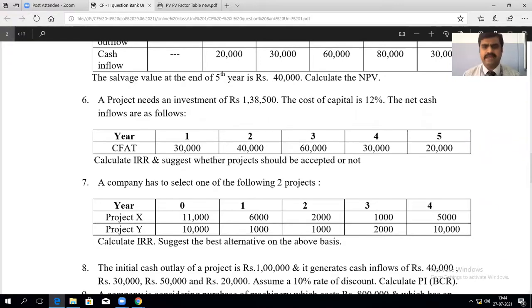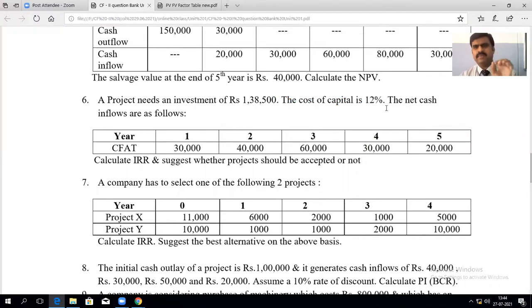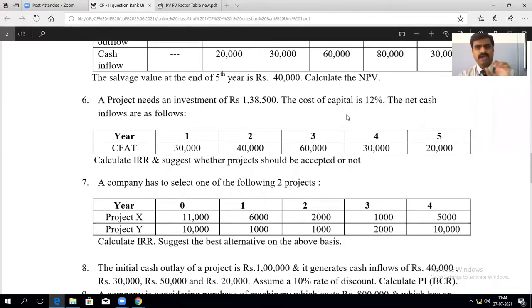So what is the decision rule for IRR? How will you say whether to accept or reject the project? I told you at the beginning of the class: if it is more than the discount rate, the cost of capital. That is the decision factor. So if your cost of capital is 12%, then your IRR should be higher than 12% and you accept. If it is lower than 12%, you reject the project. That is why the cost of capital is given.